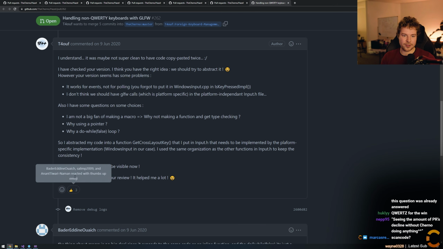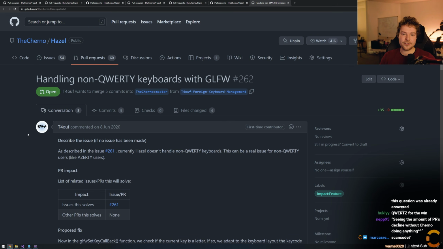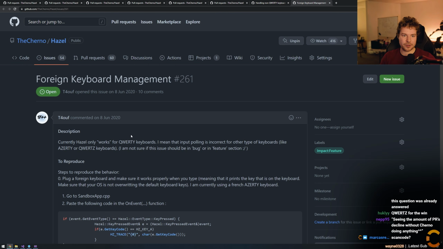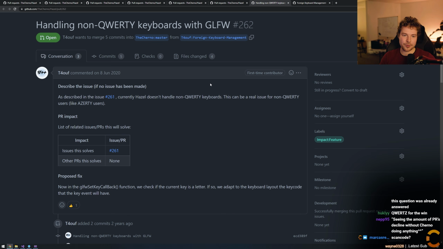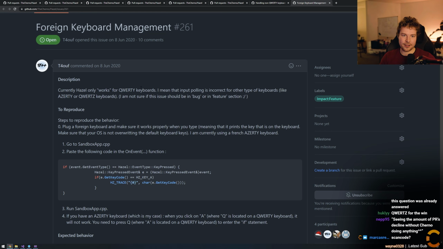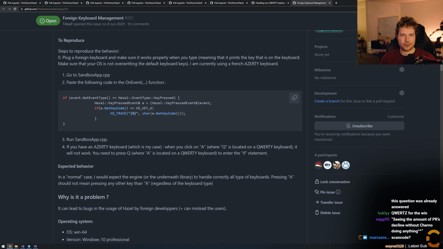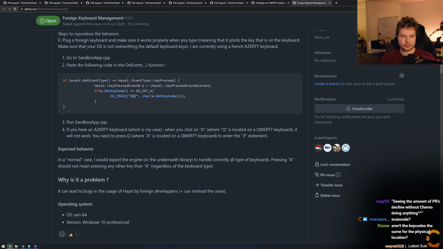Well, there's like 3 upvotes. Who's following this? Who is this for? And it's an issue as well, for foreign keyboard management. Well, this is a bit different. Foreign keyboards are fine. Currently Hazel only works with, yeah, okay. It means, so why though? Why is it incorrect for that? Is it because it's using like